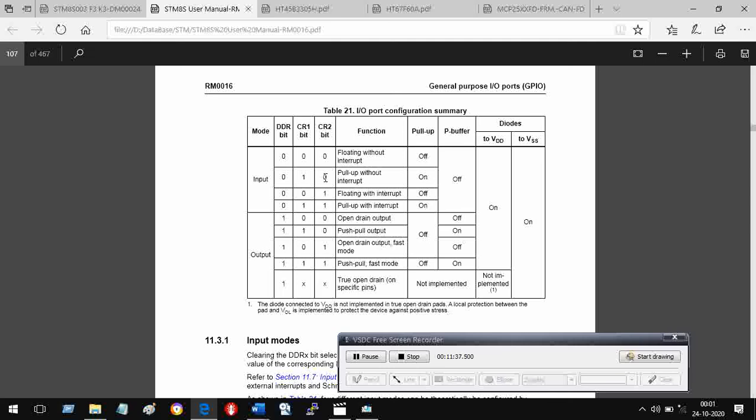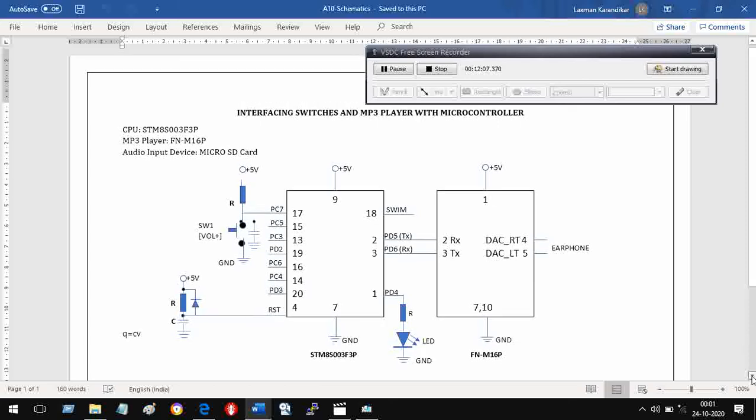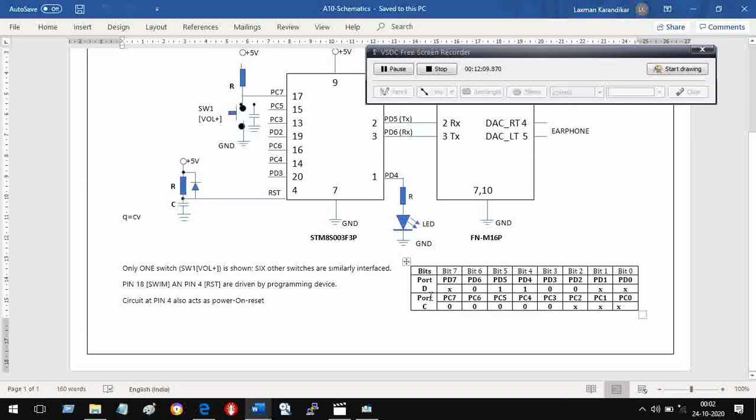Now what I am talking about, the port pin, let me take you to our own circuit. You can see in this diagram, here you are having port C. Which bits of port C? You have port C3, port C4, port C5, port C6, and port C7. When I say port C, what it really means is, you look at this. This is the port bits, port C. So port C has 8 bits. Every port has 8 bits.